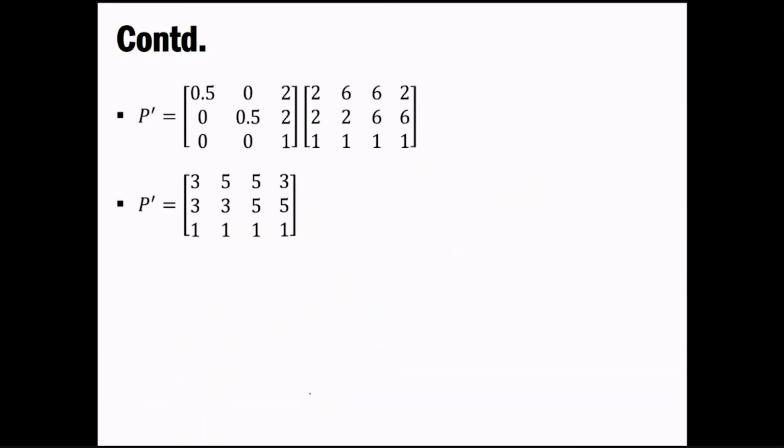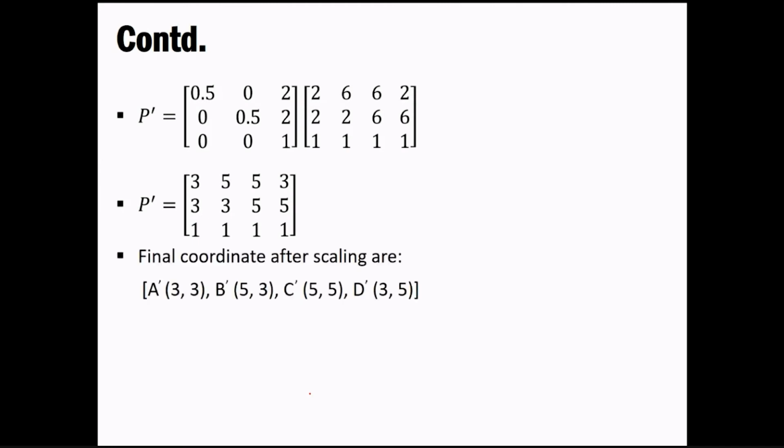Okay, the final coordinates that you will get in this case are (3, 3), (5, 3), (5, 5) and (3, 5). But obviously we'll spare one day for these examples also. If I get some time I'll create a question bank or tutorial 3 for you based on these examples, and we'll try to solve it. So now we have the final coordinates after scaling that we have calculated: (3, 3), (5, 3), (5, 5) and (3, 5). This is what you have to do.